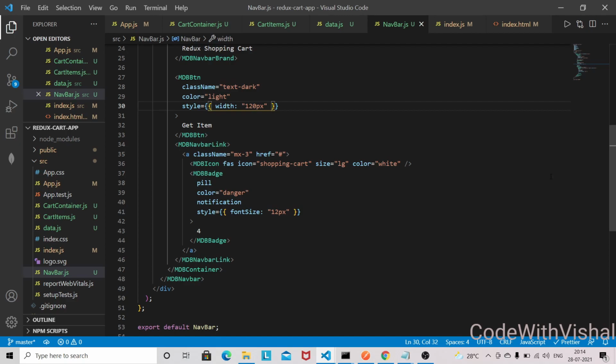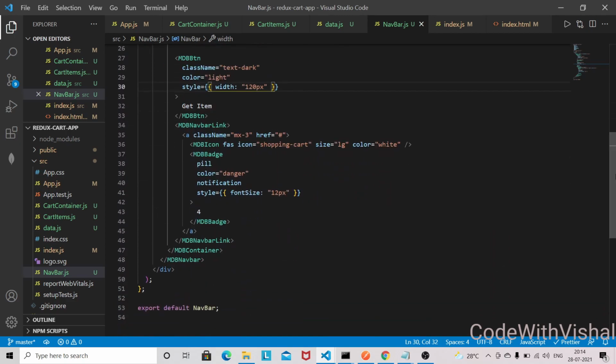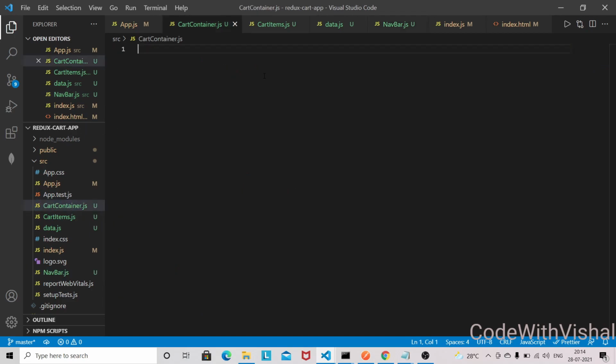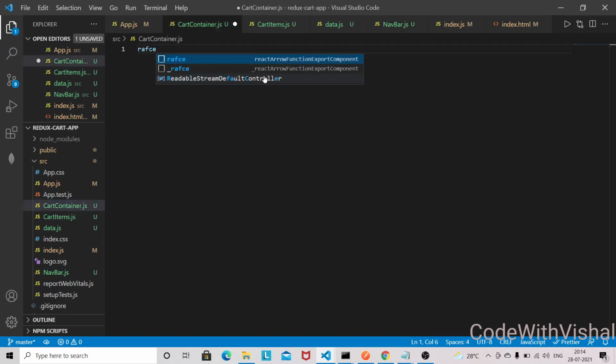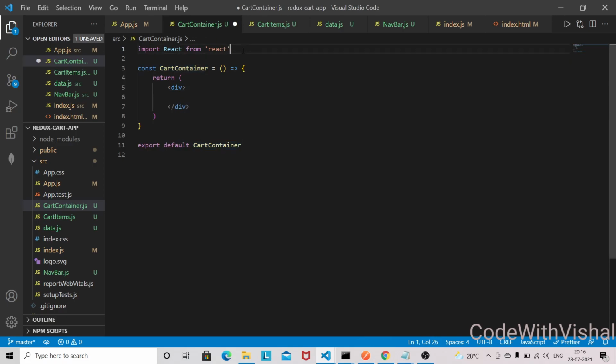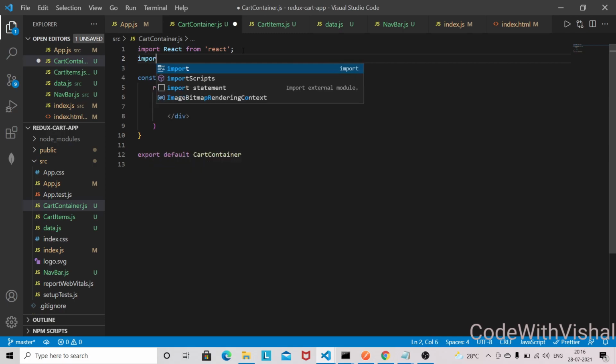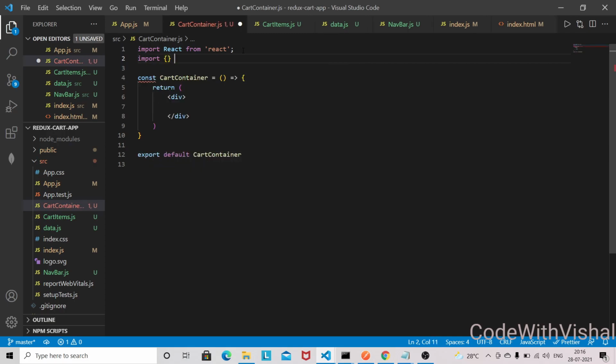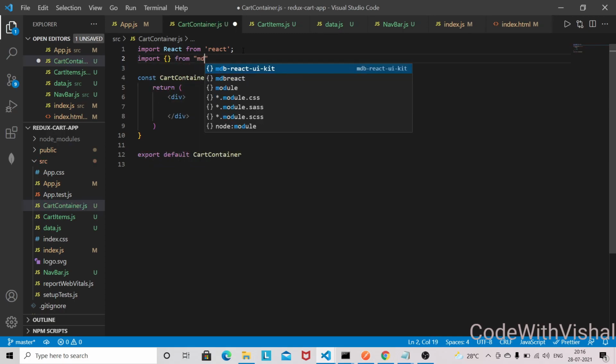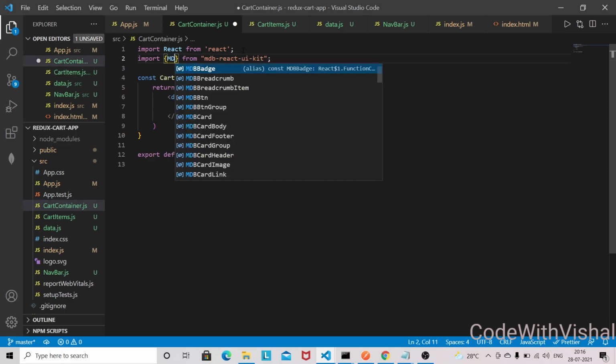So the nav part is done here, and let's work on the container part, cart container. So I'll be generating a snippet here again. So here we need from mdb-react-ui-kit some components still. So mdb-react-ui-kit, and we'll have a button.